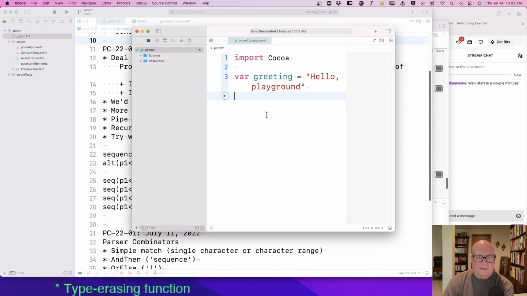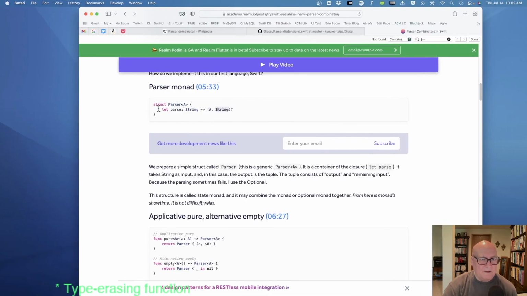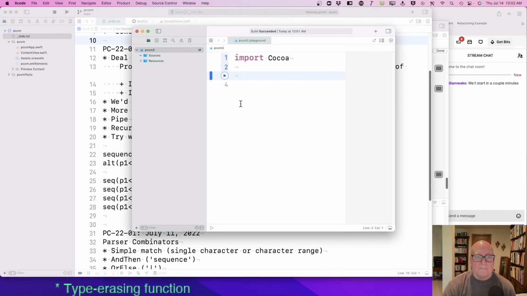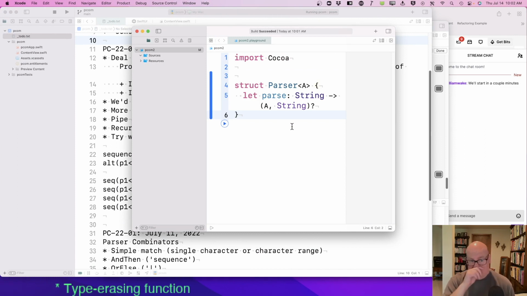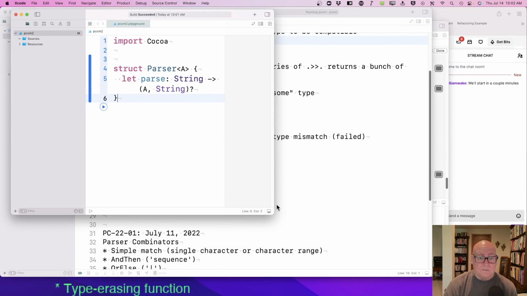All right, so let's create that type. Okay, and let's make this a little more visible.